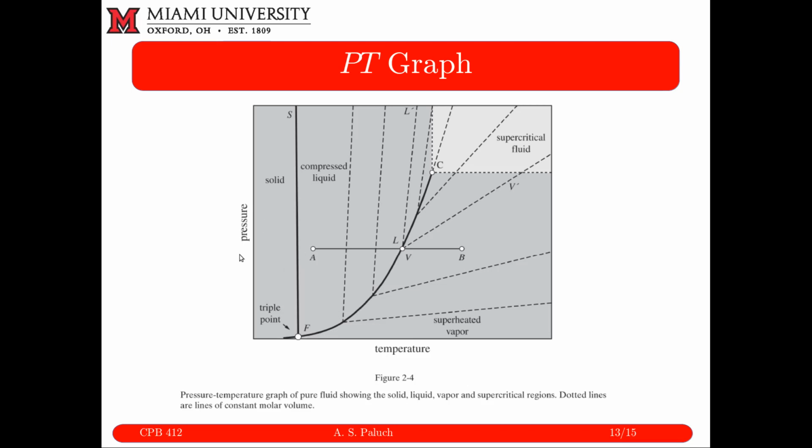Now I have P versus V, and what I've plotted are these dashed lines. These are going to be called isocores. Why do we call these isocores? If you look at this point that's labeled, if I'm at point V on my coexistence curve, this would correspond to a point at two-phase coexistence along, say, this isocore. If I wanted to bring myself over to the liquid region over here, what that corresponds to is if I increase the pressure,